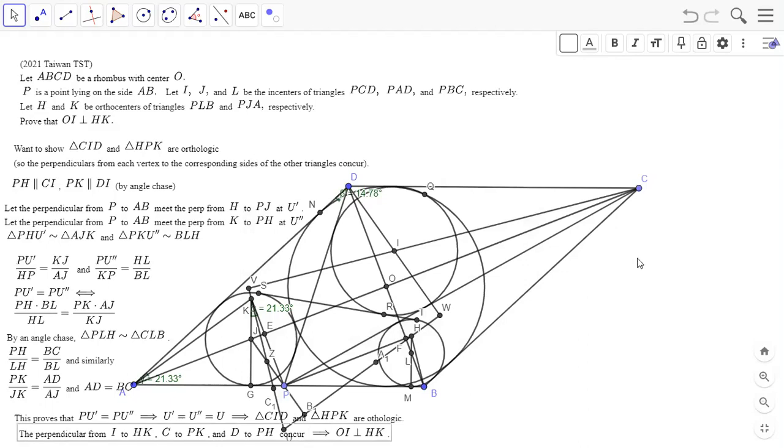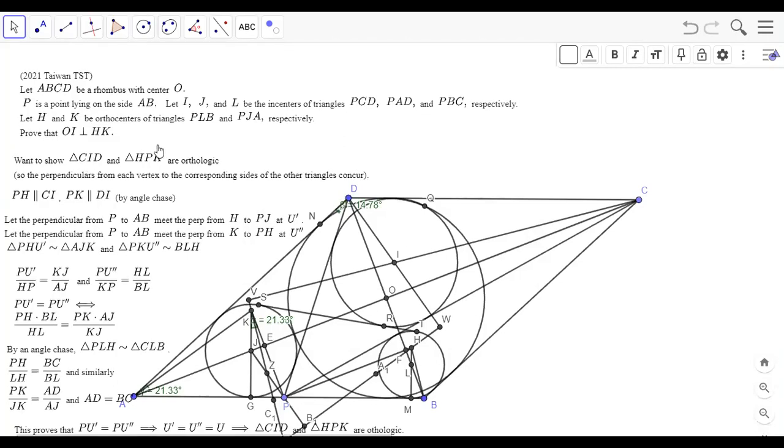Let's see, there we go. All right. So yeah, orthologic. So we have triangle CID and HPK. So we draw the perpendiculars from C to PK, I to HP, or basically we draw the perpendiculars from each vertex in this triangle to the side of this